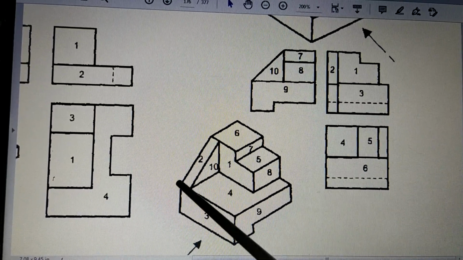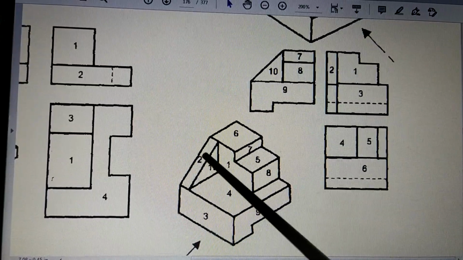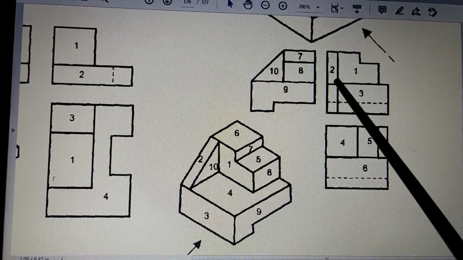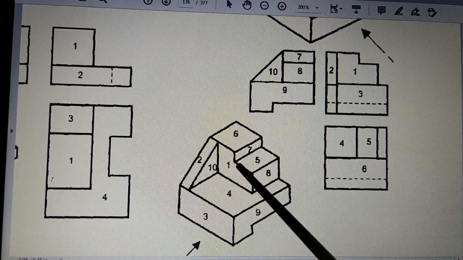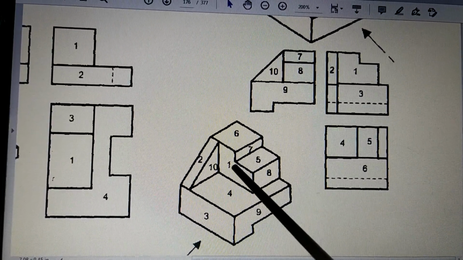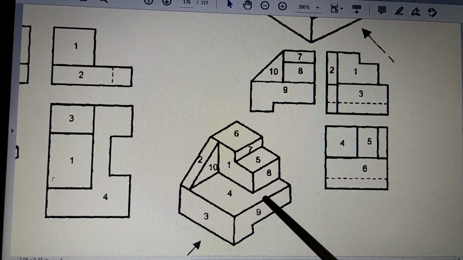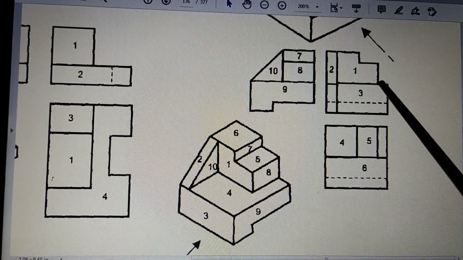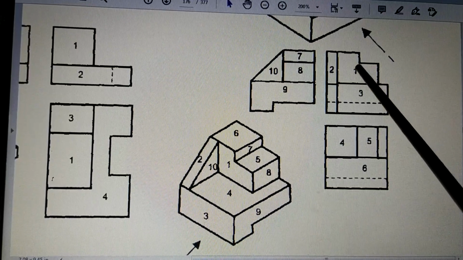After that, what will you see? You will see this inclined surface 2 as a vertical surface. So this is surface 2. After surface 2, there is surface 1 which you can see. This surface 1 is not till the end, it is up to here. So when you draw surface 1, it is up to here, not till the end. So you have drawn 1.